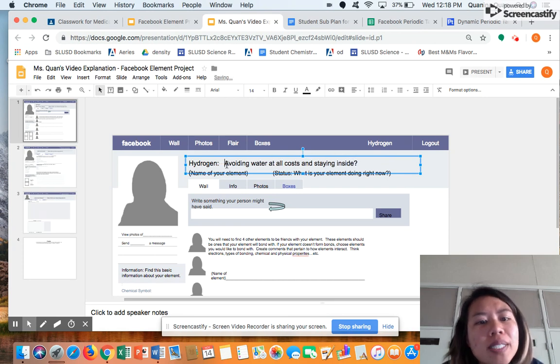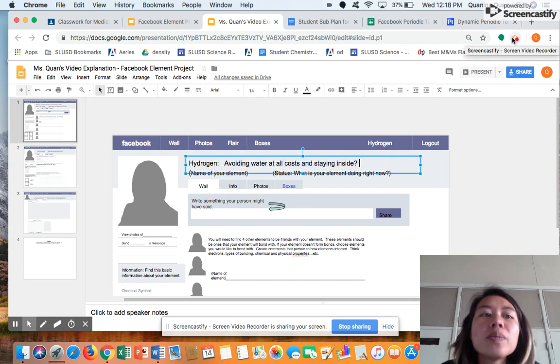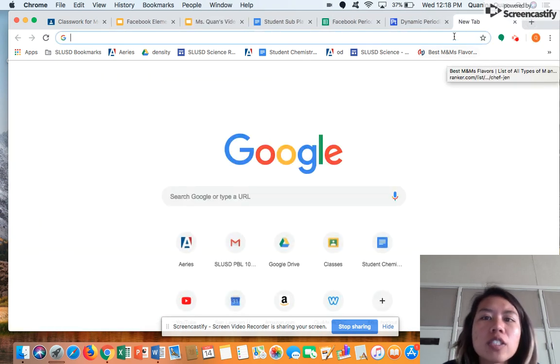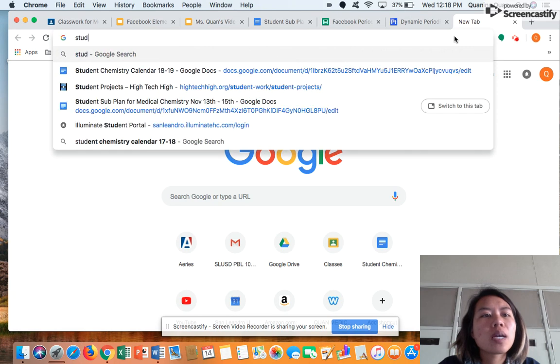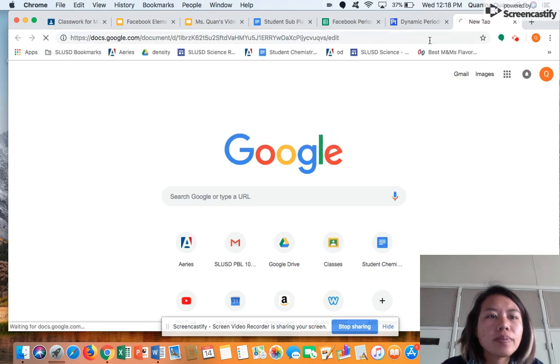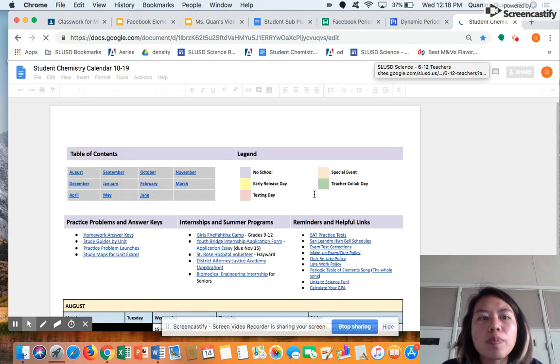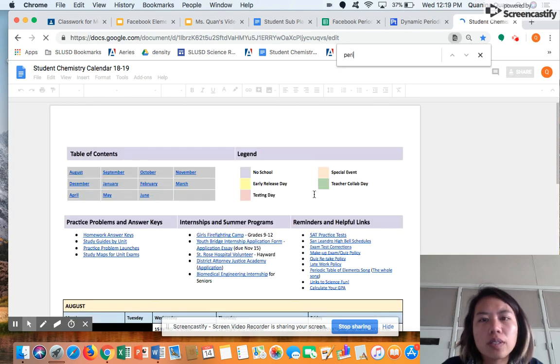So some of you might be saying, how did you know that hydrogen is reactive with water? Well, if you don't remember what hydrogen does or what all of these elements do, depending on what element you picked, there are two places you can look. The student chemistry calendar. If you look at your periodic trends notes,